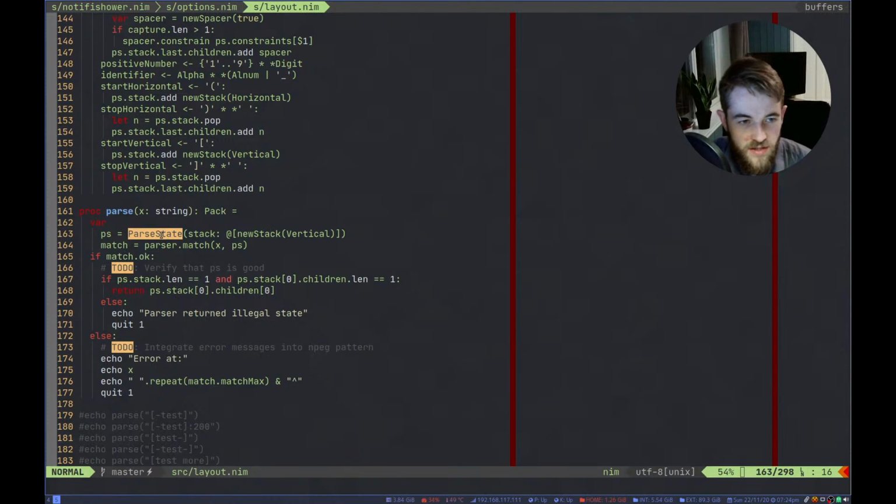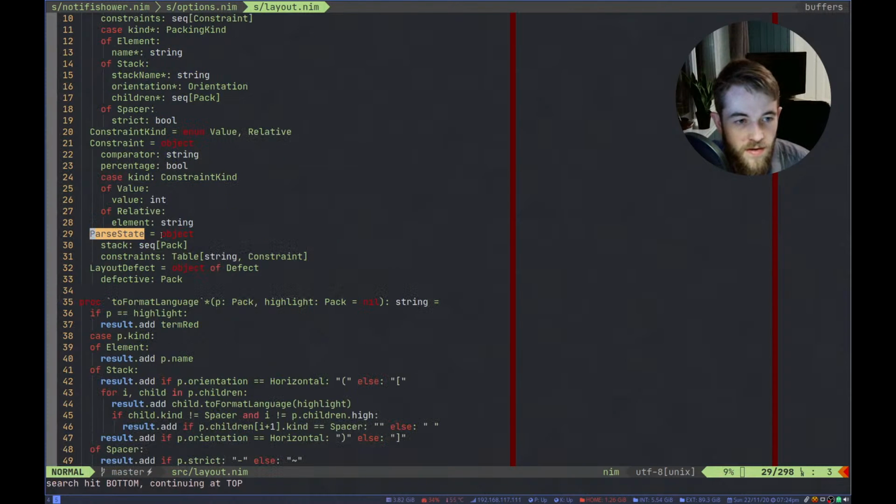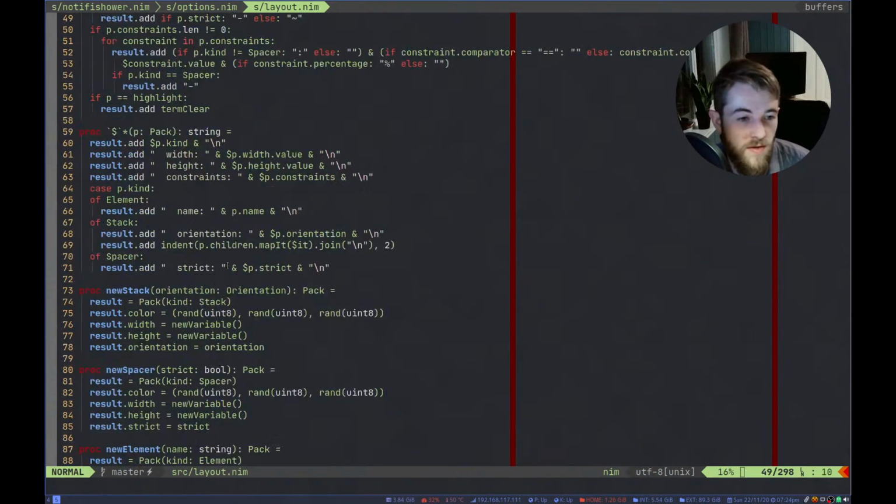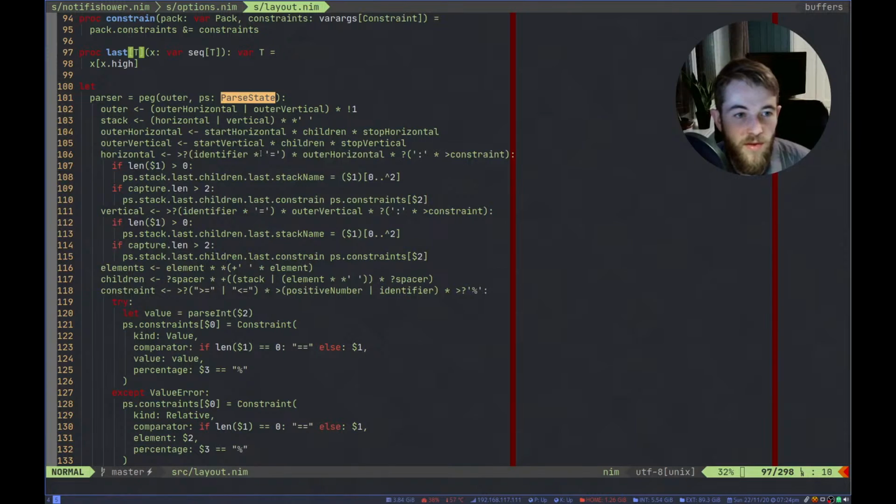But this parse state could theoretically, right, yeah, it has a table of constraints, and this is only used during execution, or during parsing.